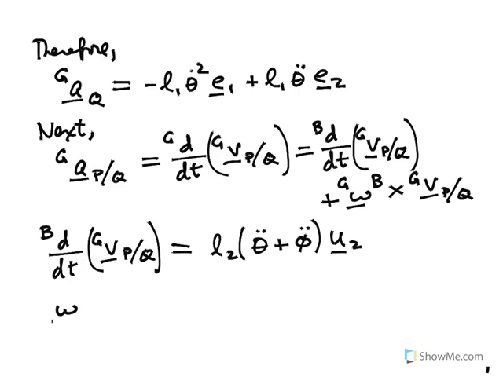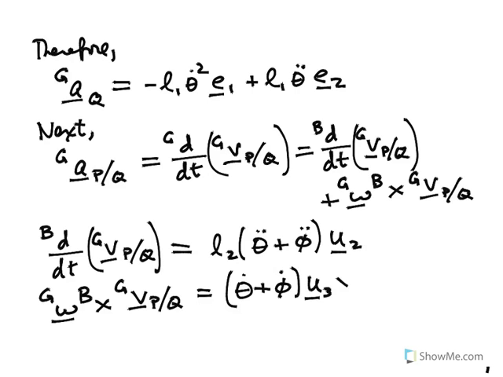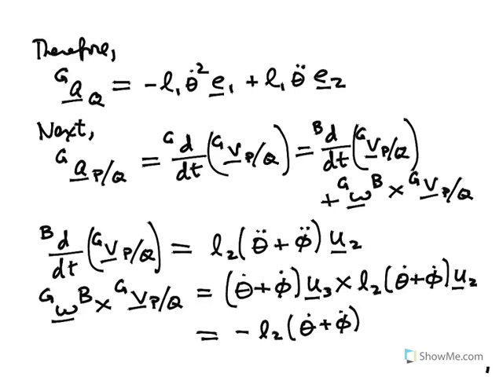And then the angular velocity of B in G crossed with the velocity of P relative to Q in G is equal to, and now the angular velocity of B in G is theta dot plus phi dot times u3, crossed with L2 times theta dot plus phi dot times u2, which is equal to minus L2 times theta dot plus phi dot squared times u1. So if we combine these terms,